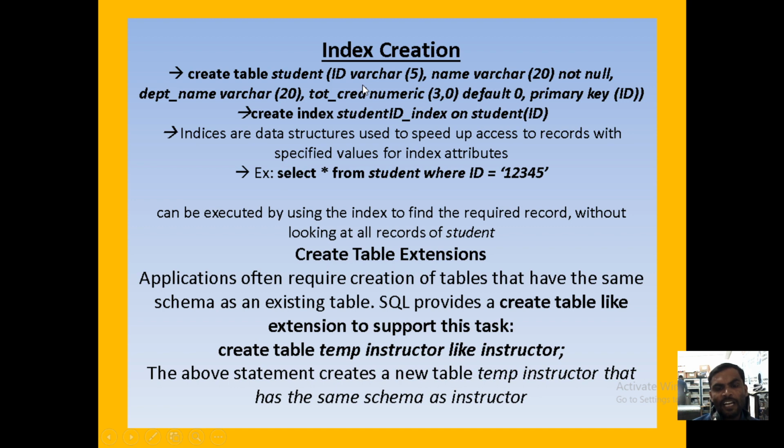When you define a primary key constraint on ID, we cannot insert null values, and we cannot insert duplicate values. It follows the not null constraint and the unique constraint under the primary key. A primary key can be declared at the table level, and the column level constraint also we can declare.